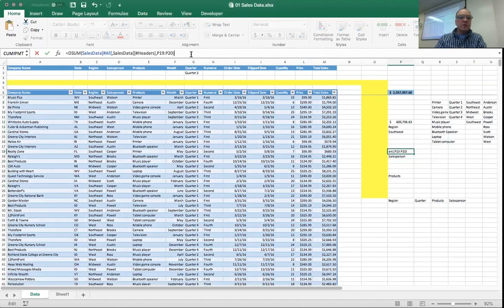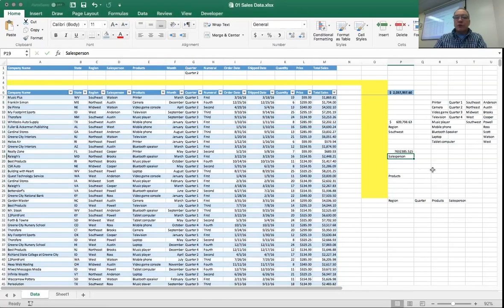I need a parentheses at the end of that. Sales data headers. Why is it doing this? Sales data headers, total sales. There we go. I understand now. So when I was copying and pasting this formula, I wasn't copying the whole formula. All right. So now, here